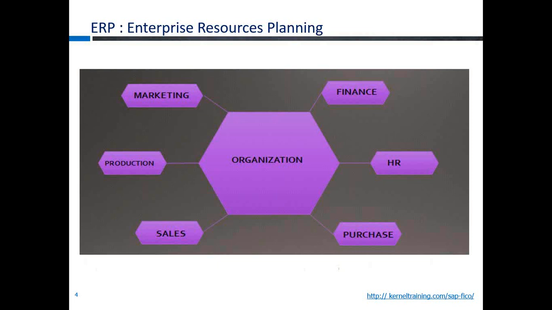Okay. So what ERP does in an organization is that it links finance, purchase, HR, sales, production, and marketing. How? For example, when goods come inside the organization, you enter into a book that the goods have arrived. So when the goods have arrived, they make an entry in your system. Again, coming to finance, once the goods have been received, they have to pay the vendor. So in finance, they make another entry to make a vendor payment.